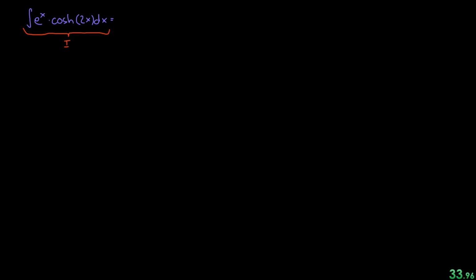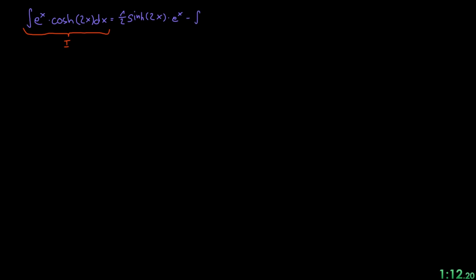So the integral of the hyperbolic cosine function is just the hyperbolic sine function, but we have to apply the chain rule also. So the 2 must be a factor of a half. Let's pull it into the front. So we have 1 over 2 times the hyperbolic sine function of 2x times the other function, which is e to the x,